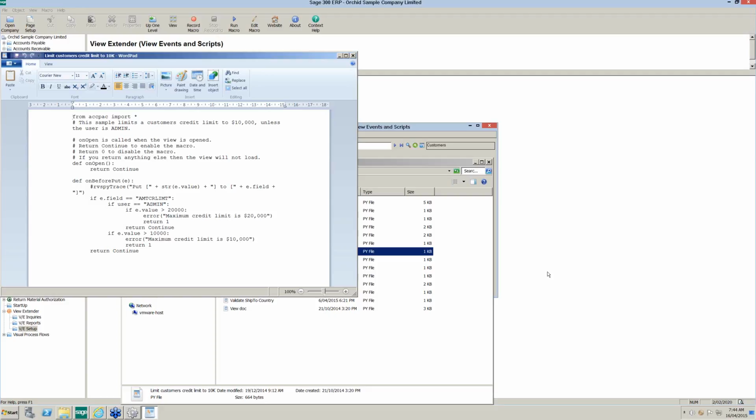And William's asking, will View Extender work when you're using the portal, or must you use the desktop interface? So exactly, William, it will be active no matter how you access the views, either from the portal or from your own custom screen, or from an import. It does not rely at all on the Sage desktop interface, which is exactly what we were hoping to achieve,